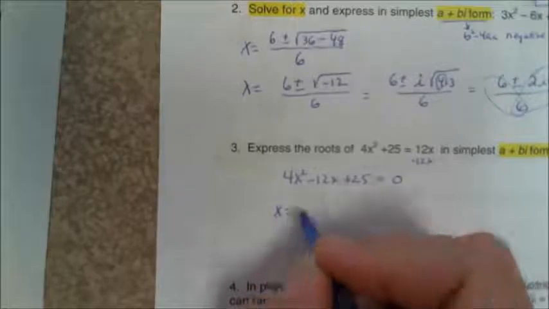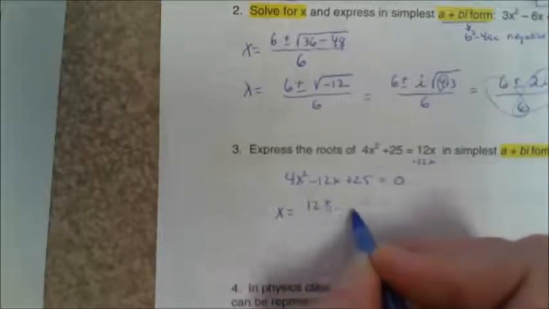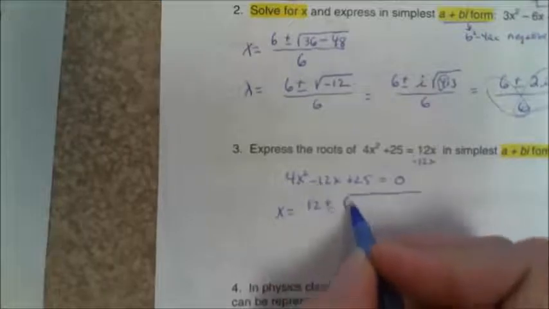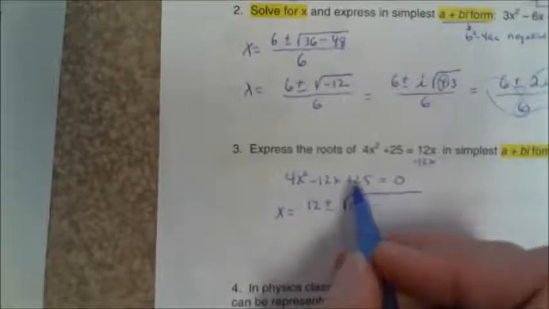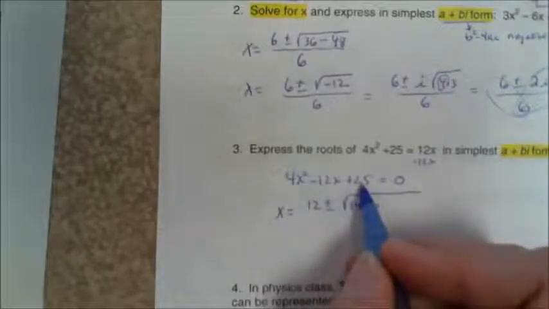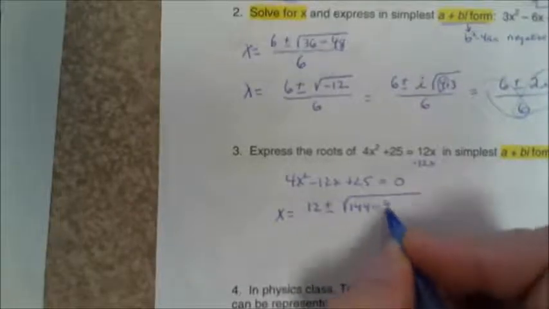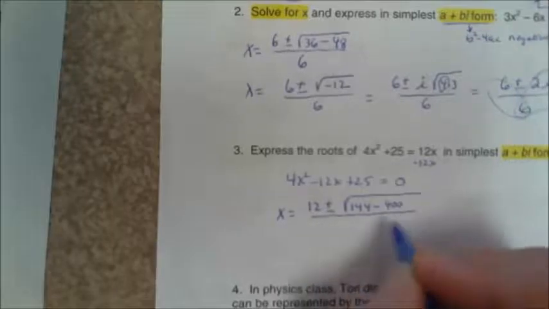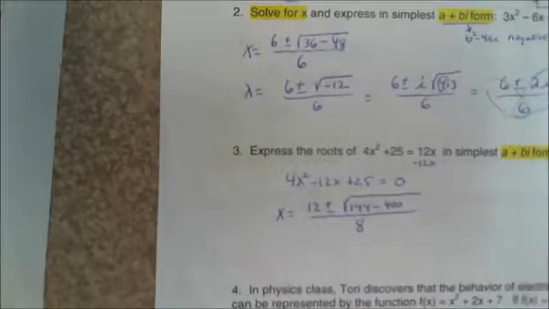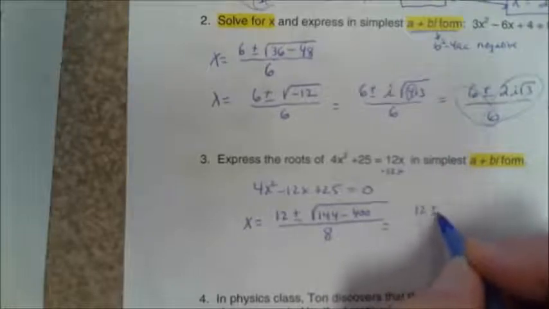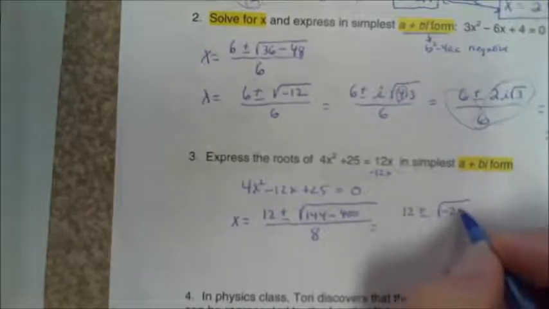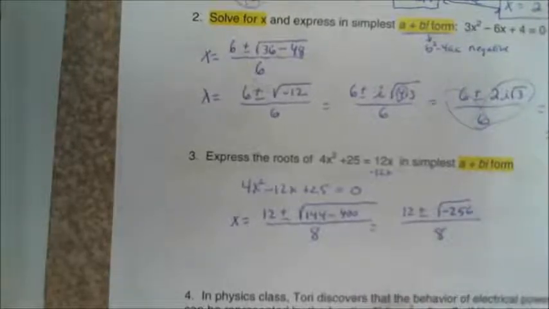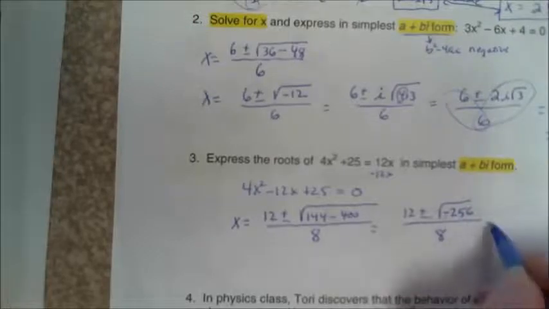So we have x equals opposite of b plus or minus the square root of 12 squared, that's 144, minus 4 times 4 times 25. Well, 4 times 25 is 100, and 100 times 4 is 400, all over 2a, 2 times 4 is 8. So 12 plus or minus the square root of, let me get my calculator out, 144 minus 400, what's that? Negative 256, all over 8. Well, the negative is going to come out and be called an i,